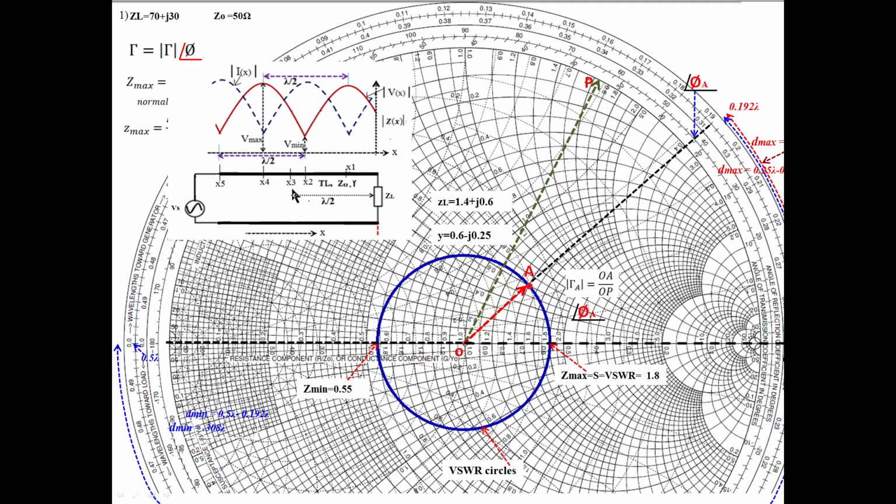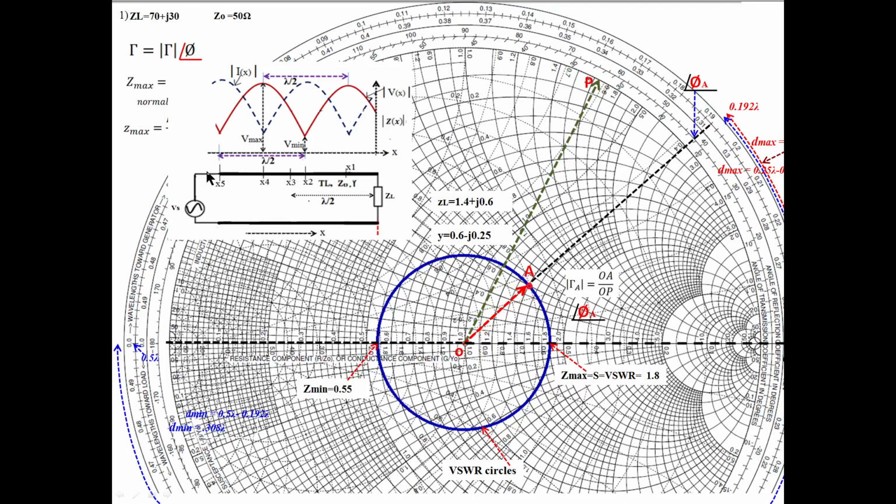While traveling, over all possible values of impedances, we can observe maxima, minima, or any values we come across. After this lambda by 2, every value will repeat, the same values will repeat. Here at lambda by 2, the load value will be there. You can observe at x3 this ZL will repeat. And again all these values will repeat in the lambda by 2 distance. So for example, up to here is lambda by 2.